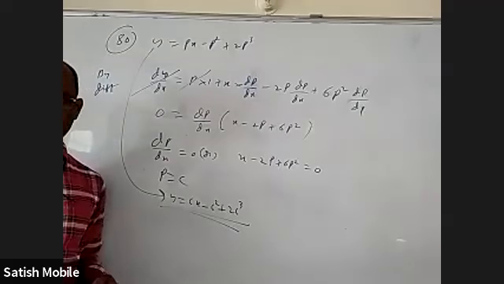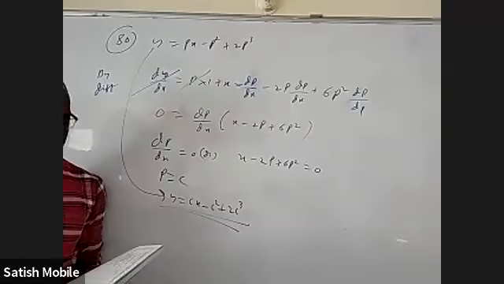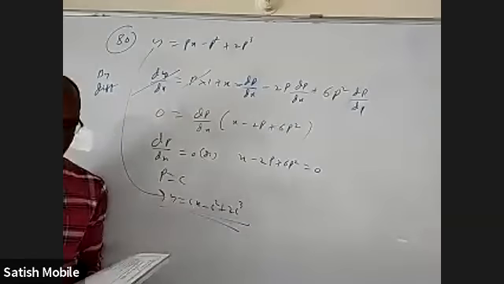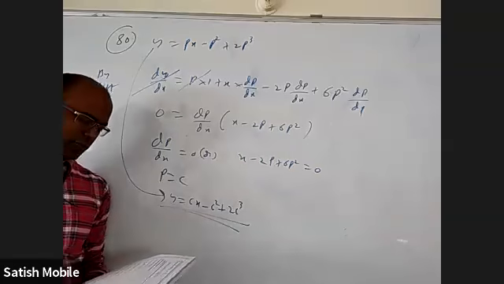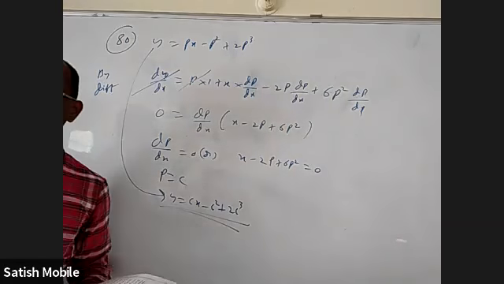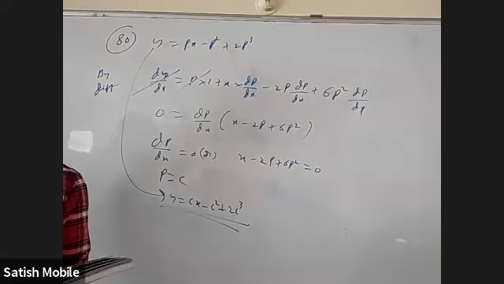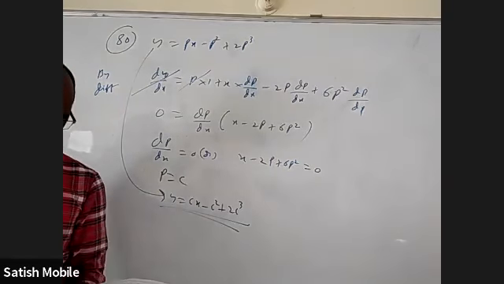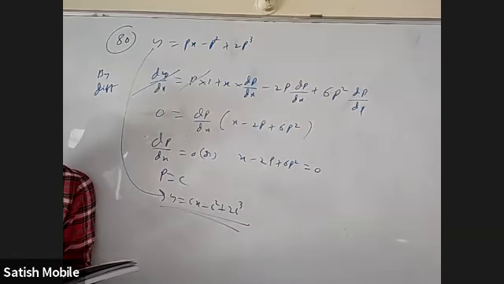Okay, I gave a lot of formulas there, which are very simple, common sense. Inspection method. x dy plus y dx, you can write d of xy. dx plus dy, you can write d of xy. x dy minus y dx by x square, you can write d of y by x. So on, like different things. So for some questions we don't use variable separable and all these things. We'll adjust in such a way that one of these comes. Like one question I showed you already. I'll show you some more questions where we'll use that. But after discussing how to form a differential equation and all, I can show you some questions where I'm going to use these things. 100, 101.